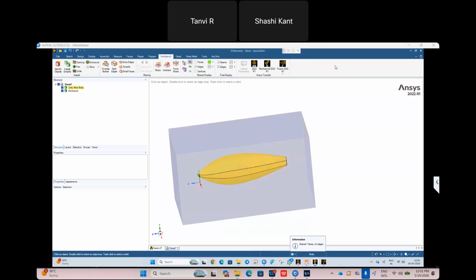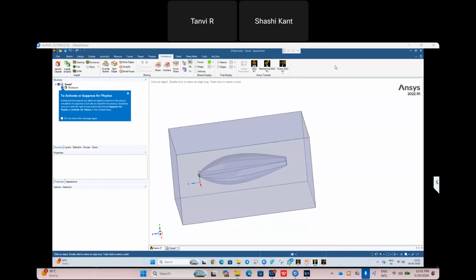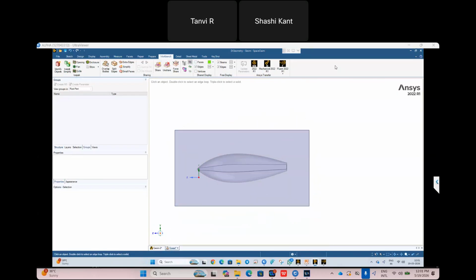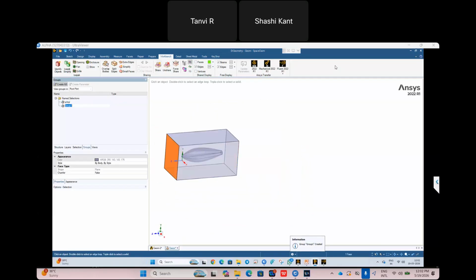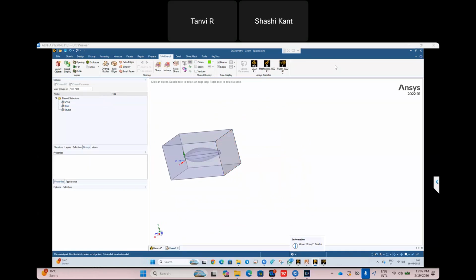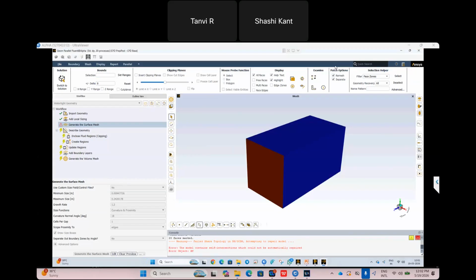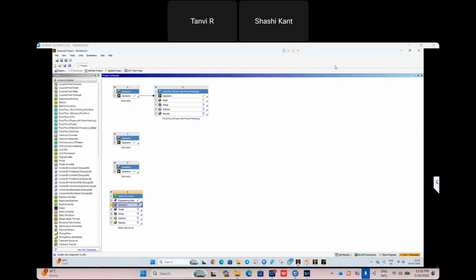Let's make it easy. I will delete this thing and use only this one. I will define this as eVTOL, to check the drag coefficient and other things. Done. I will define this as the inlet. This I am defining as the direction of the flying. Then this is the outlet. And go. Let me do one thing. It's closed. Okay. Once the geometry is done, you define all the boundary conditions, then you will go for the mesh.